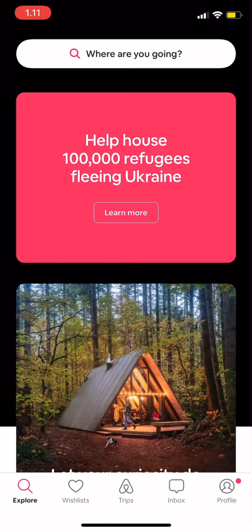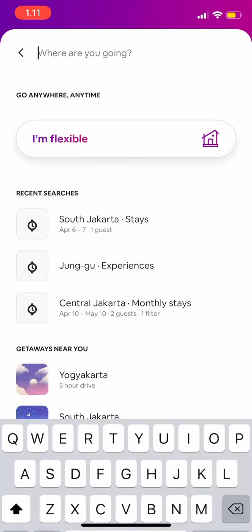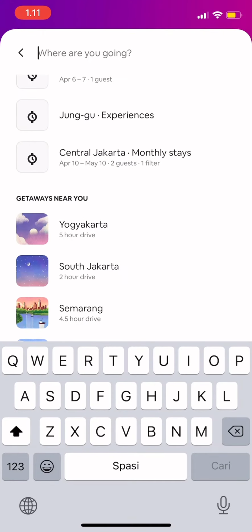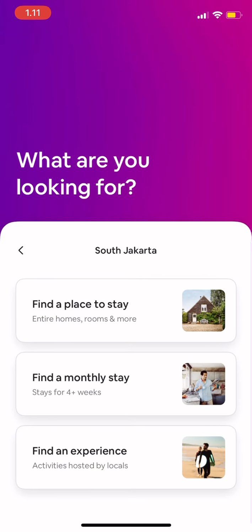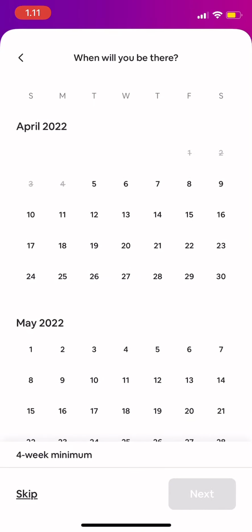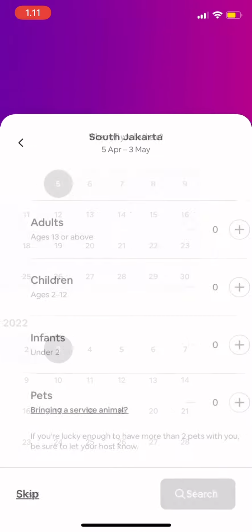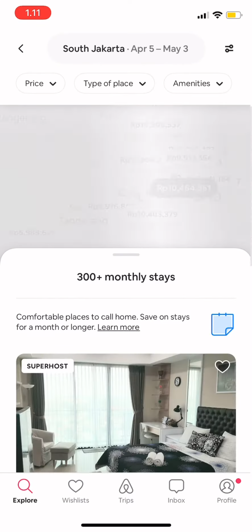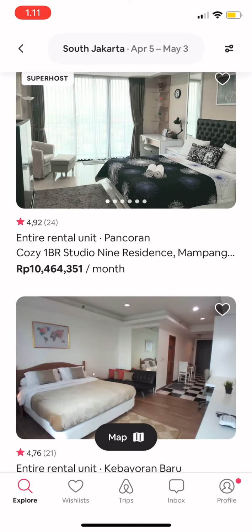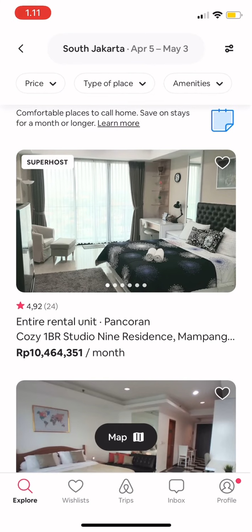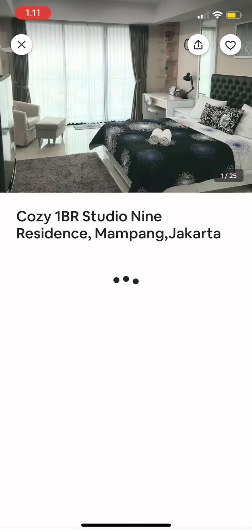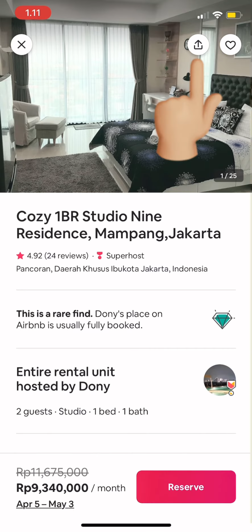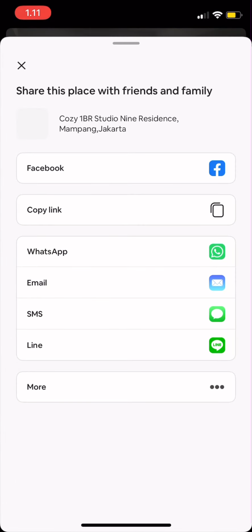So first you choose the place you want to share with your friends or family. For example, I want to share my weekly place plan. Now I can just tap on the place, and then on top there, tap there, and then now you can share this place with friends and